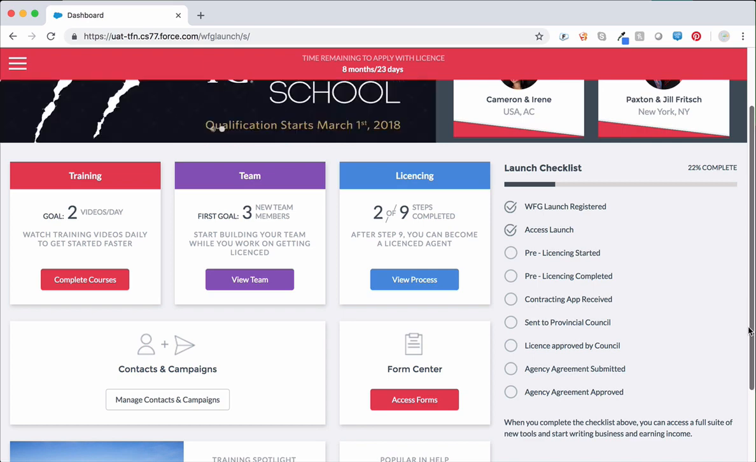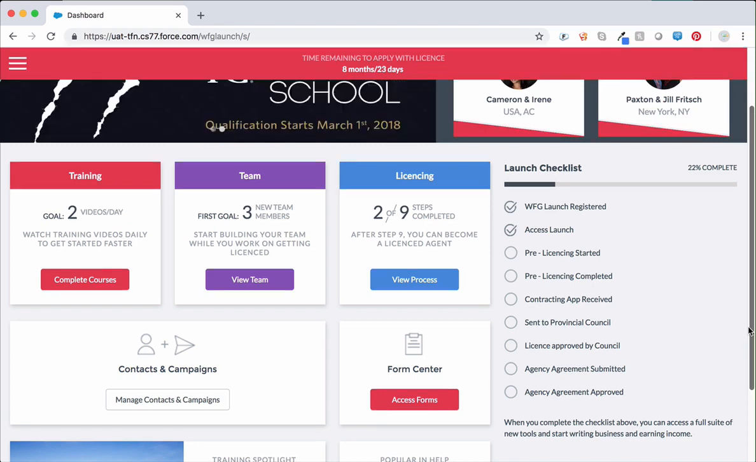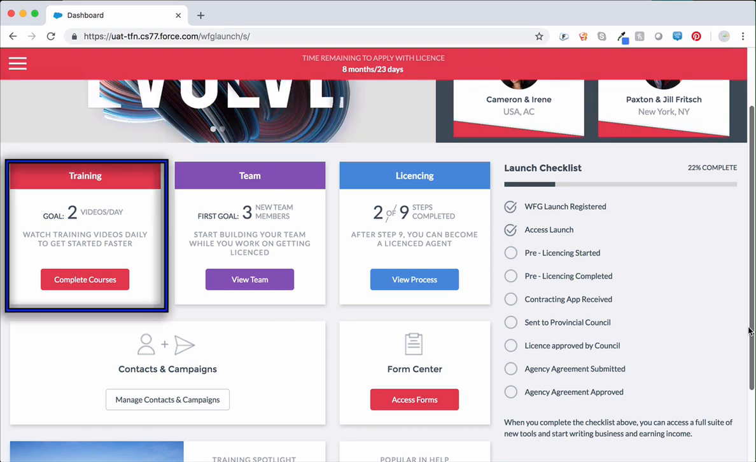Now that we've reviewed the licensing checklist, let's look at some of the other tools you have access to while working through the onboarding process. In addition to completing the training required for your license, you should also become familiar with WFG's business model and processes. The training page, which can be accessed by clicking on the training link in the navigation menu or from the training tile by clicking the Complete Courses button,